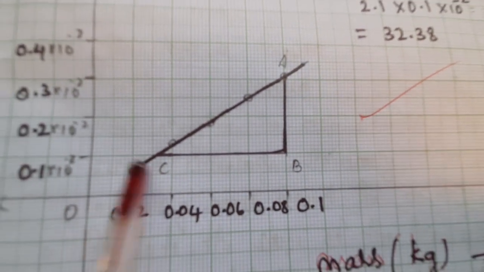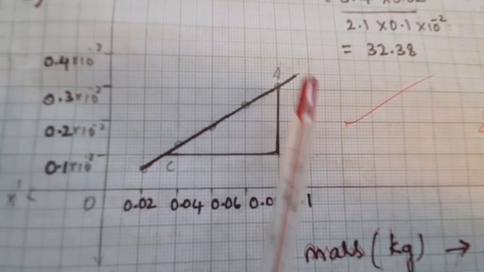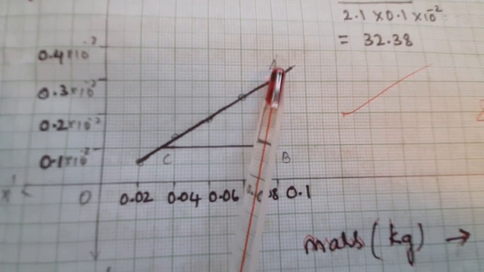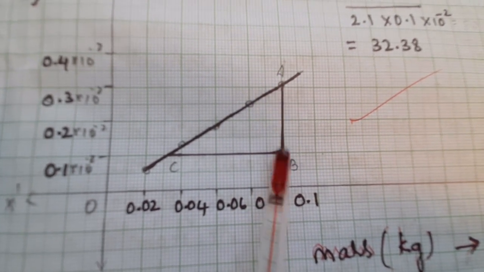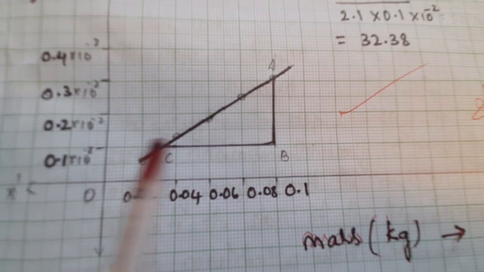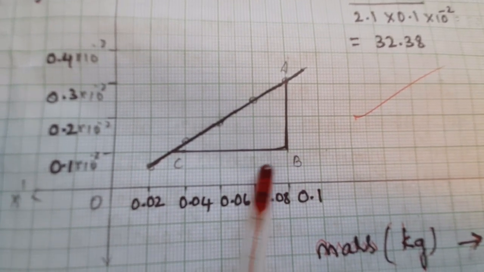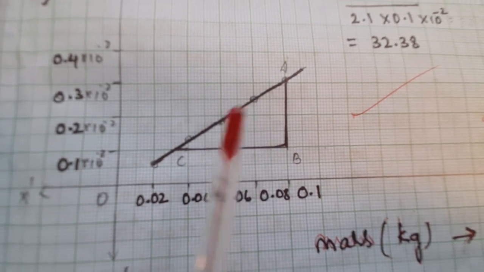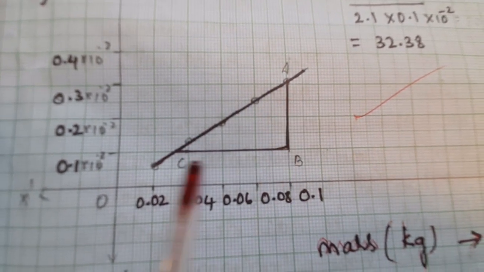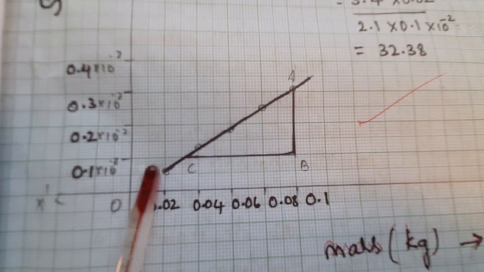So once I got the straight line, you have to construct a triangle A, B, C. Better you choose the dark lines of the graph sheet. AB is drawn on one of the dark lines of the graph sheet. BC is also drawn on one of the lines of the graph sheet. It is not necessary that you construct the triangle only from particular two points. No, for us the line is important.